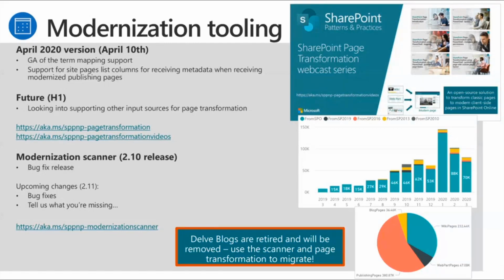You should also keep in mind that the dev blogs are retired nowadays, so they will soon be removed, and you should migrate or modernize your blogs using the modernization tooling to avoid eventually losing your content. It would be a nasty situation where a CEO or somebody is actually using the dev blogs and the tenant administrators are not aware. That's why the modernization scanner exists, so people can scan the tenant and know what people are actually using, and you don't have to guess. So, anyway, that's the value prop there.